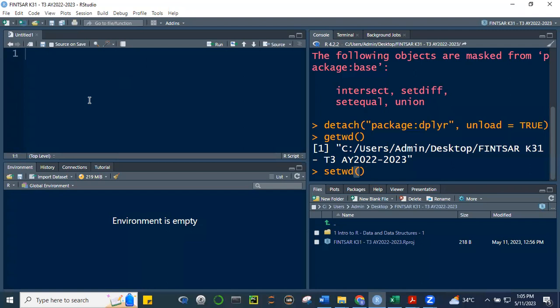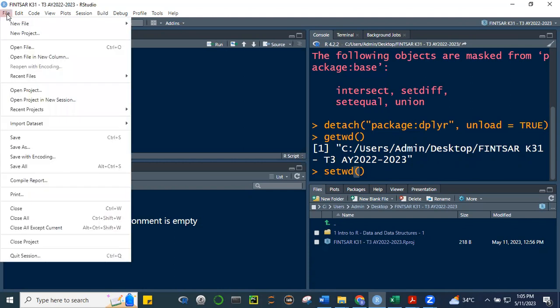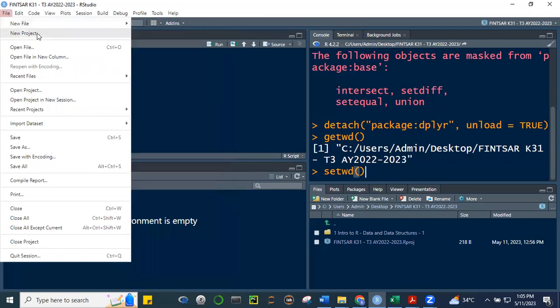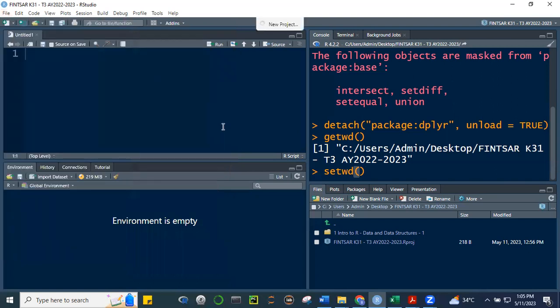So how do we create a project where we are all going to save all our data files, our RMD file, HTML file for a specific project, or for a specific lesson in our case? The way to do it is go here to File, and then New Project. Not a new file, we're not creating a new file, but rather a new project. So if I click New Project,